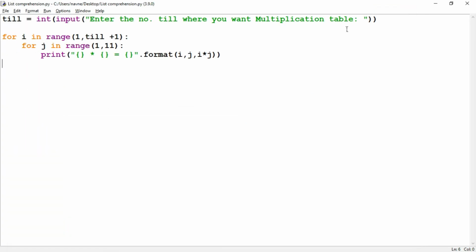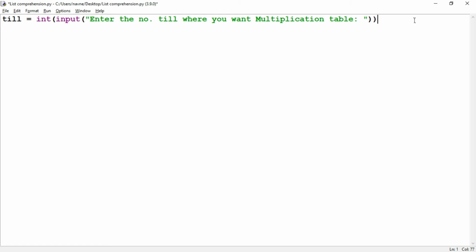Now let's see how we can do this in list comprehension. So for list comprehension I can do this even shorter. I can simply open and close square brackets, and I can place my for loop for i in my range, and I'll place 1 up until and not including till plus 1. Similarly I can create another for loop for j in range, and I can place 1 up until and not including 11. So we don't want a condition here, so we can directly go through our printing, and I can simply print out,